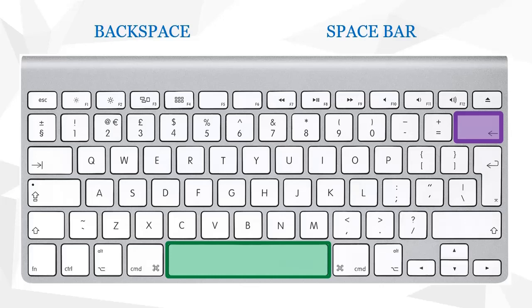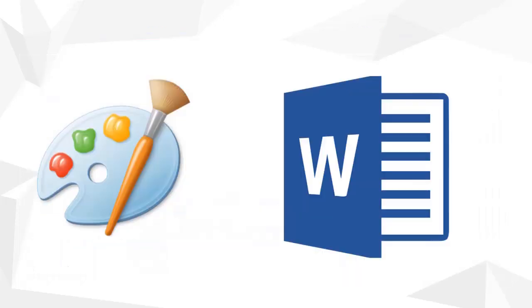Let us talk a little more about that now. Children, do you remember when I was teaching you about maximize, minimize and close? I referred to the two different types of files we will work with this year. You have already worked with the paint file. You have made some amazing pictures and learned a lot about the features of paint. But we are yet to work with the Word file.